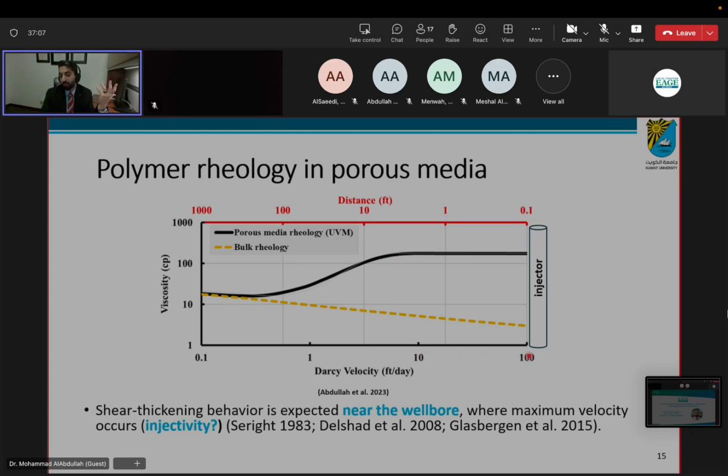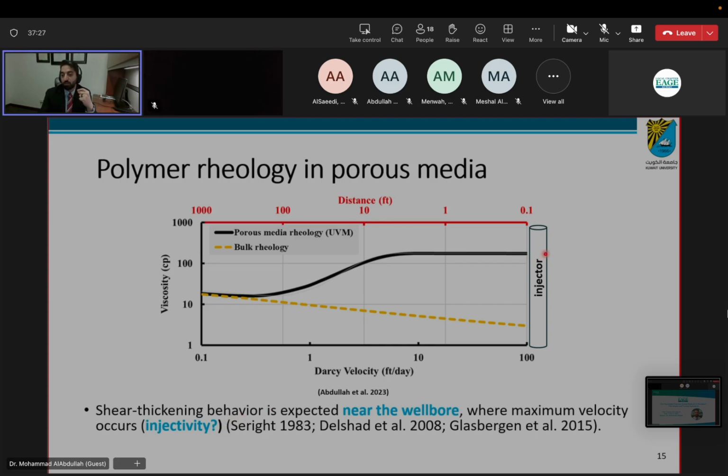The highest velocity is closer to the injector. If you are at a distance of 0.1 all the way to 10 feet or so, this is where you would expect the shear thickening to occur. So this will raise a very valid question. How about the